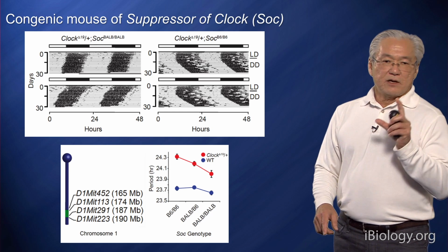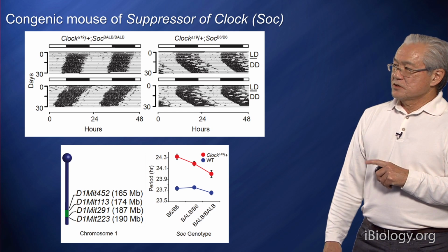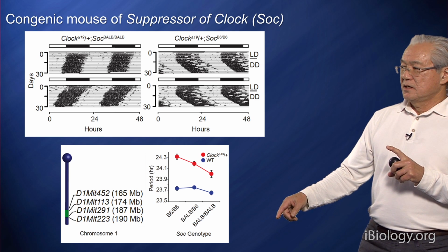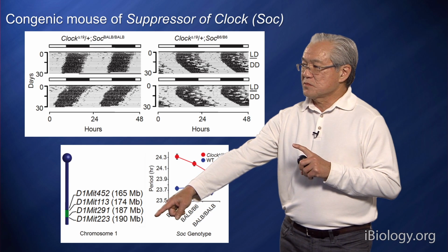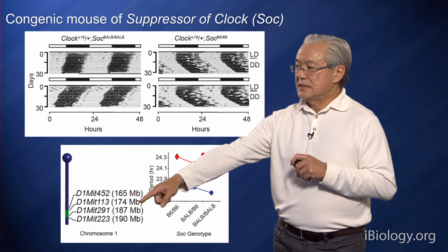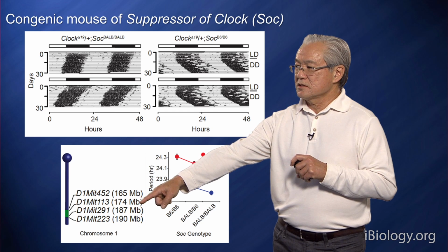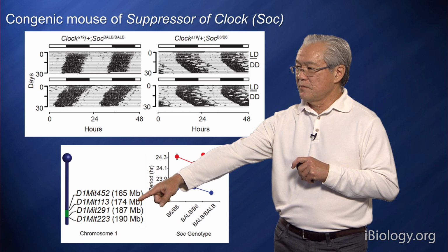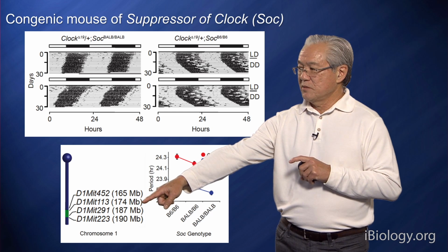But to prove that that region of chromosome 1 really carries the suppressor, what we do is we isolate that piece of DNA on a black 6 background. So only the BALB-C DNA on chromosome 1, this segment shown in green here, in this representation of chromosome 1, which is now 25 megabases,